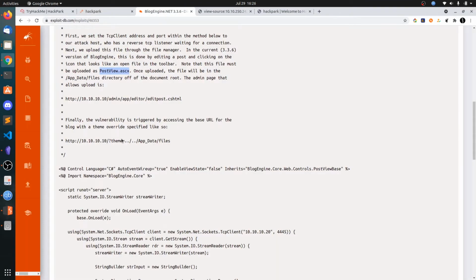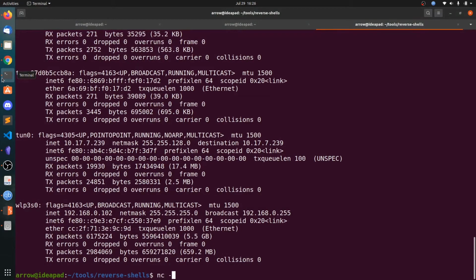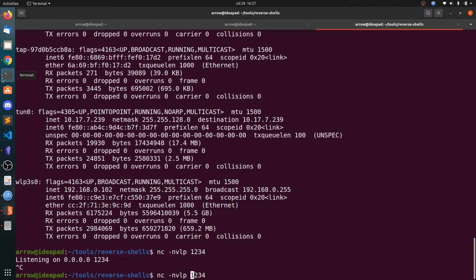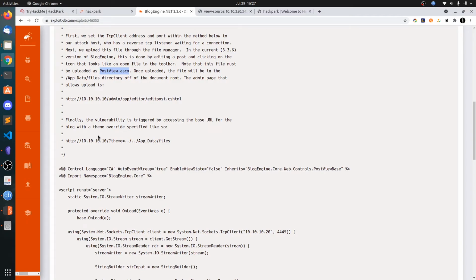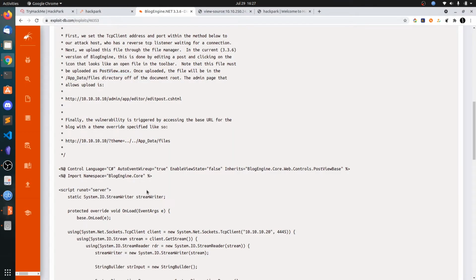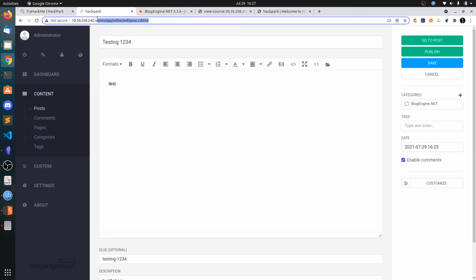Now how to access this file? Let's start the listener. Since it's a Windows box, you can use rlwrap. So copy this theme parameter and paste it here.